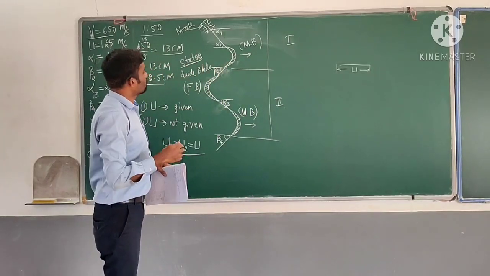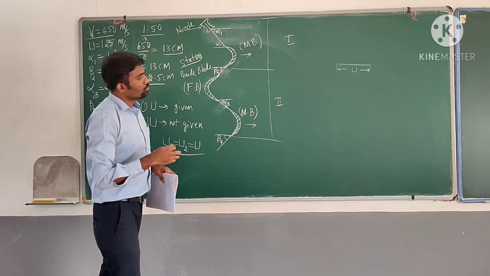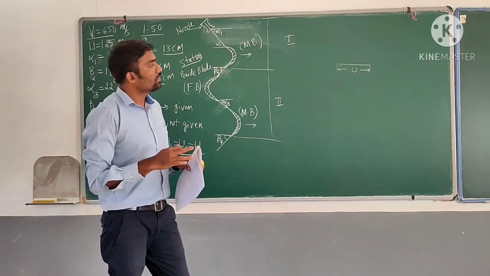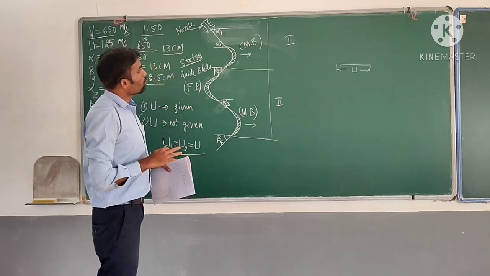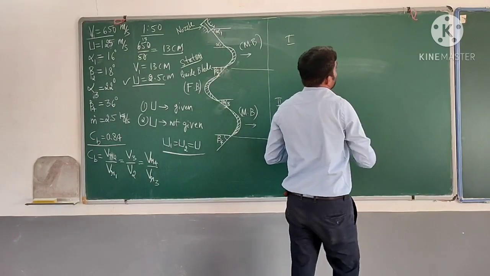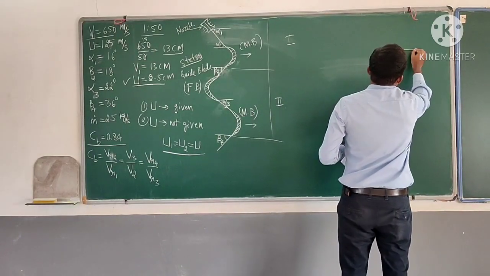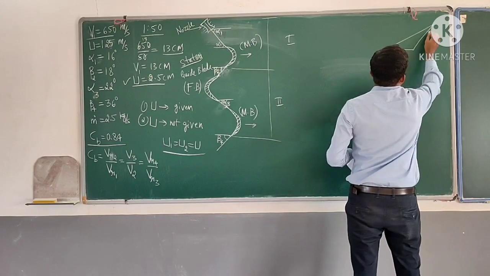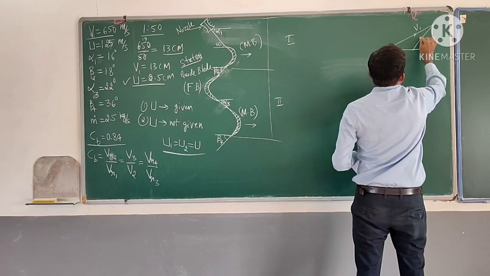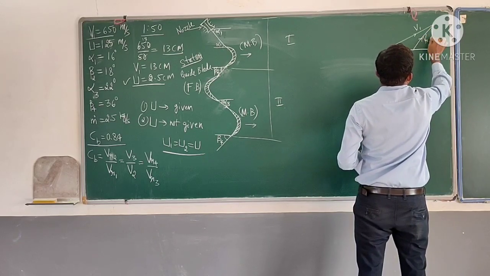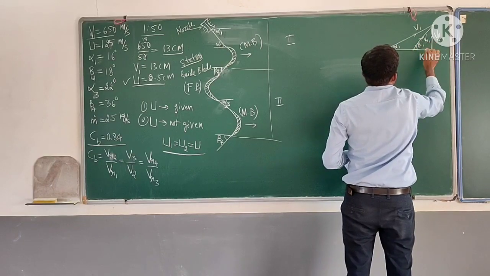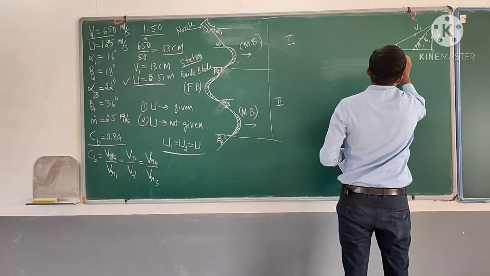usually we suggest the students to draw a rough sketch of this velocity triangle, then start with the problem. So I will be drawing a rough sketch on one side of the board, so that it is very useful. This represents the inlet, V1, VR1, VF1, and the angles alpha 1, beta 1. Okay, this portion is U.